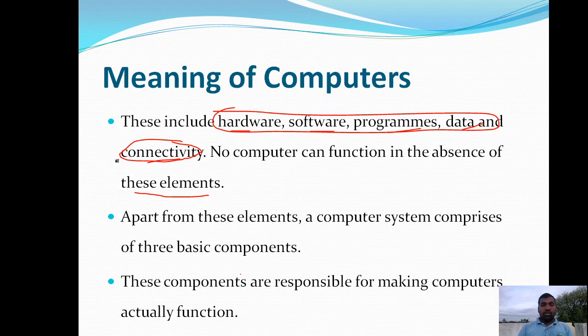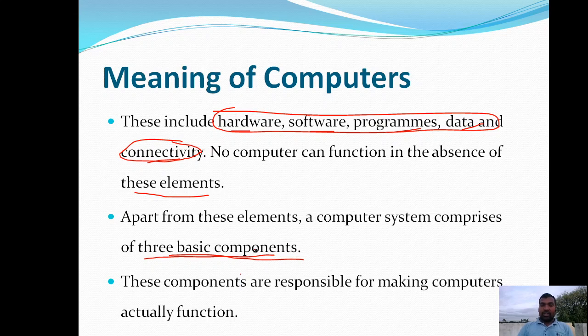Now apart from these elements, a computer system comprises three basic components. Now we are talking about the components of a computer. There are mainly three basic components: input, output, and CPU.